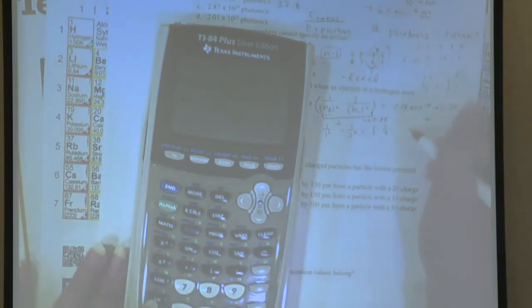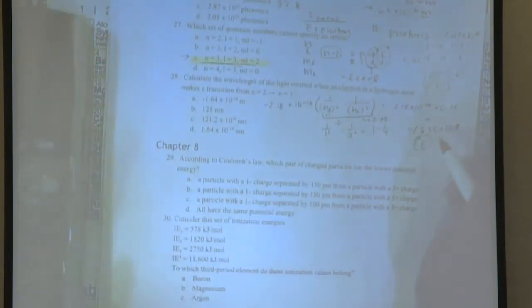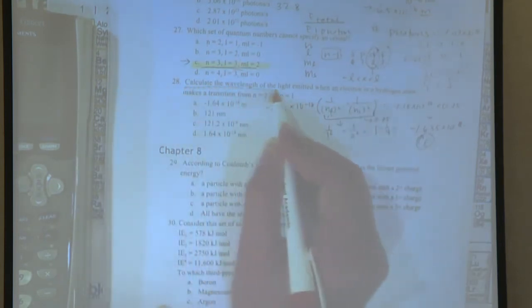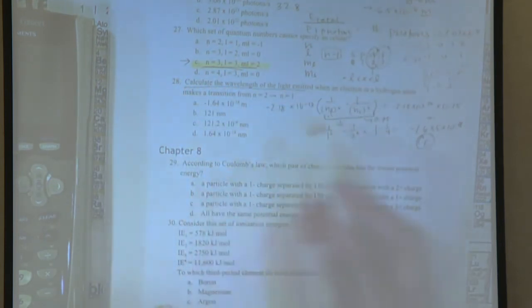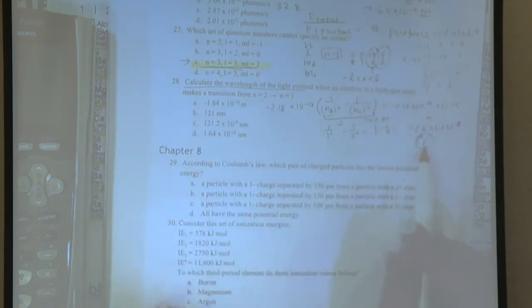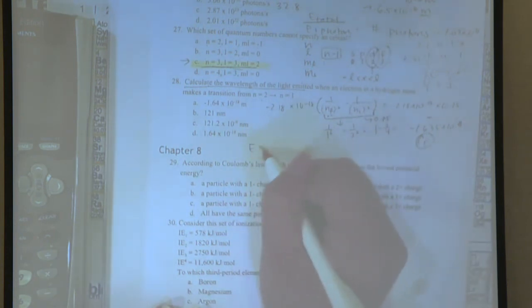It's going to give me -1.635 times 10 to the -18th. And this is our energy emitted, right? But we don't want to know the energy emitted. We want to calculate the wavelength of the light emitted when an electron in a hydrogen atom makes a transition, right? But we needed to have this because our wavelength equation comes from something that looks like this,